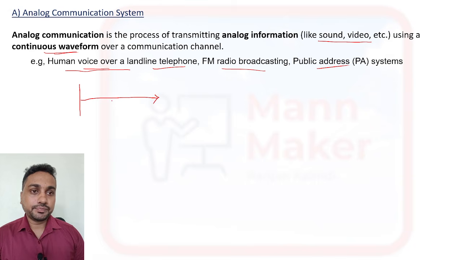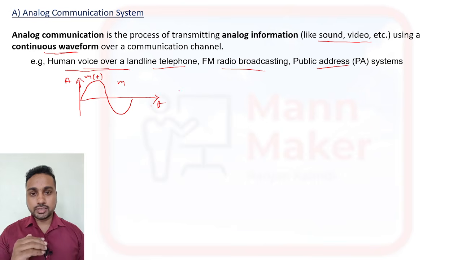Generally we have analog voice. Our voice will go like this. This we call the message signal, you can say m(t). Message signal will go like this, and after that, to transfer my voice